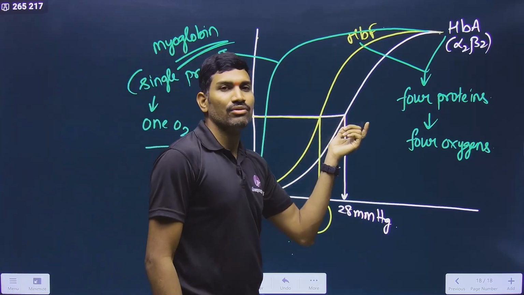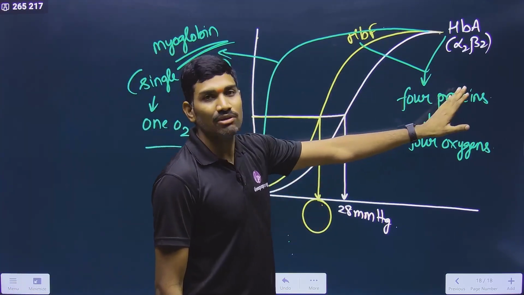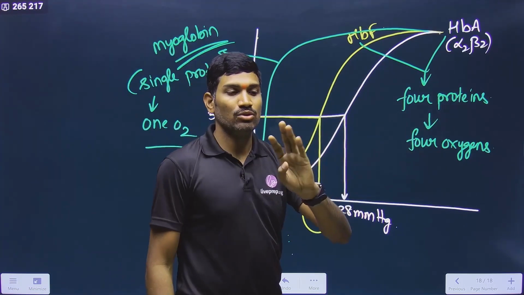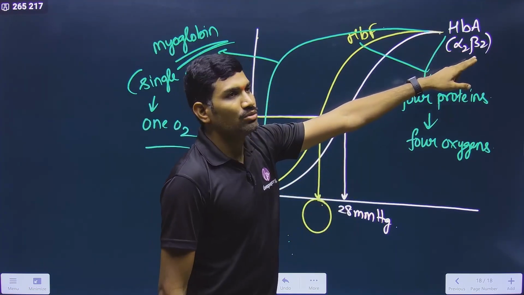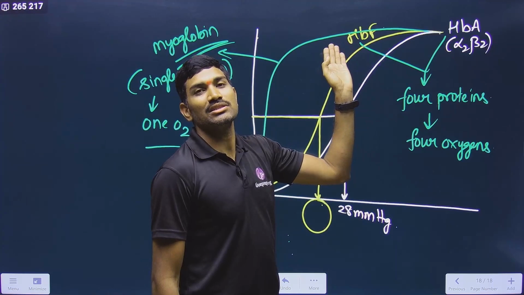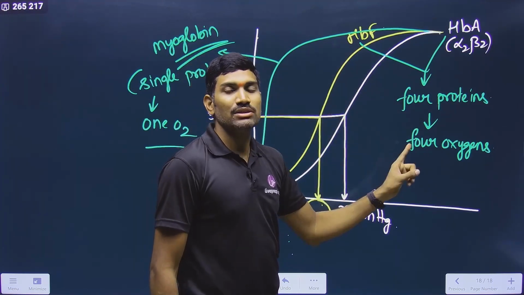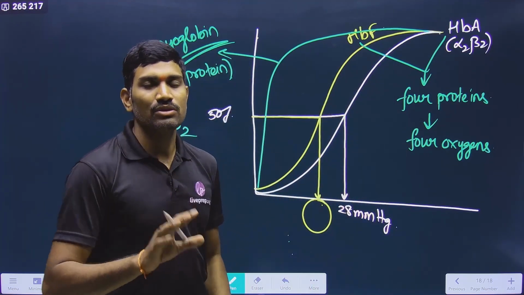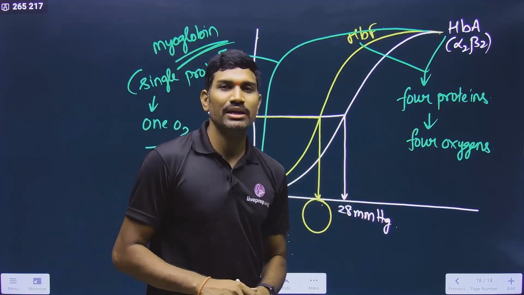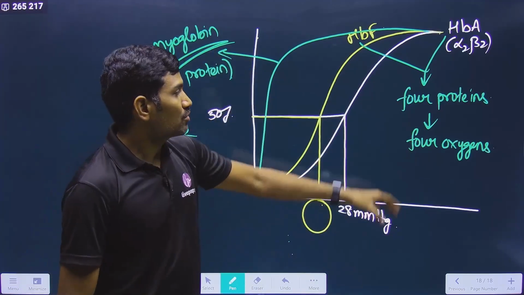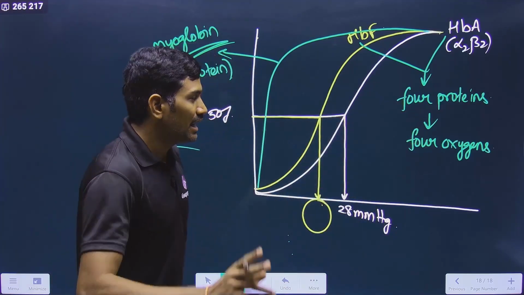But in the case of hemoglobin, whether it is fetal or adult, it has two alpha chains and, in adult, two beta chains, but in the case of fetal, two gamma chains are there. And here each one is binding with one oxygen. So here we are talking about a tetramer, right? Each one is binding with one oxygen molecule. So four oxygen molecules we are getting here. And now you may think